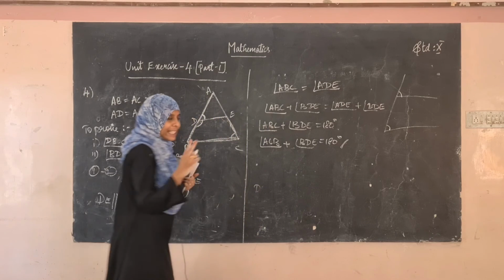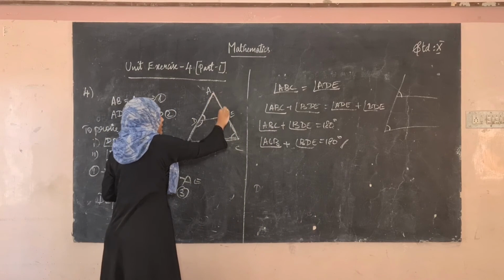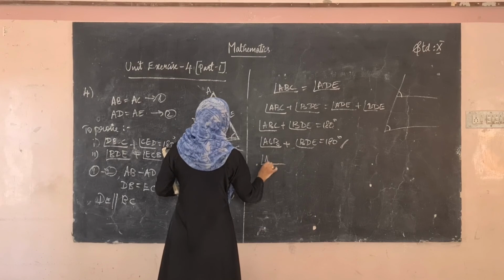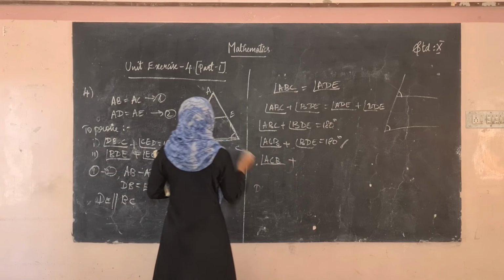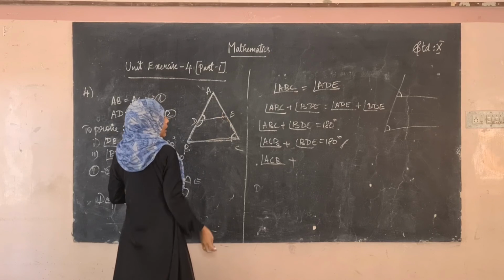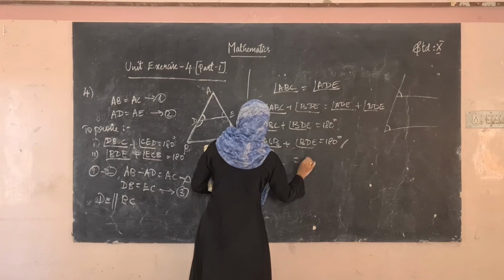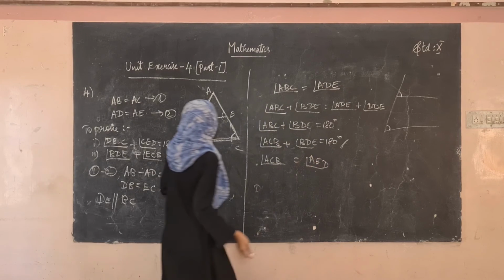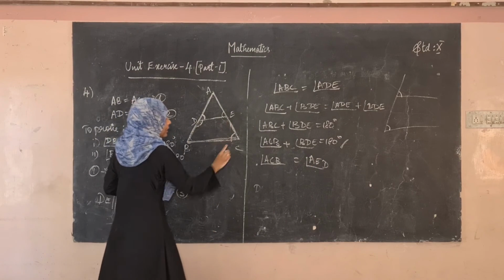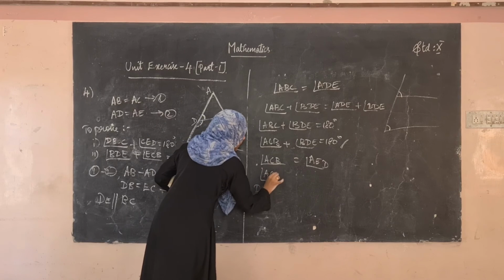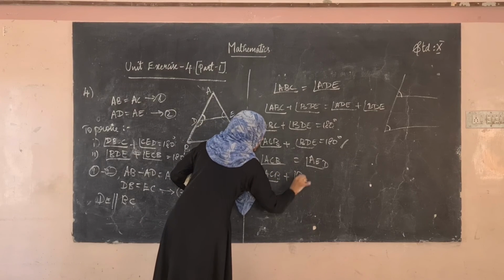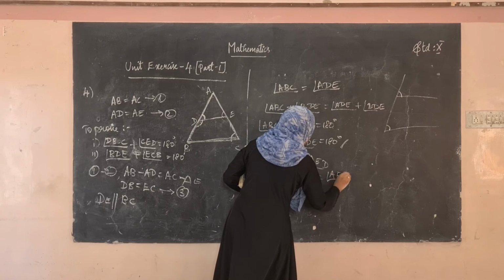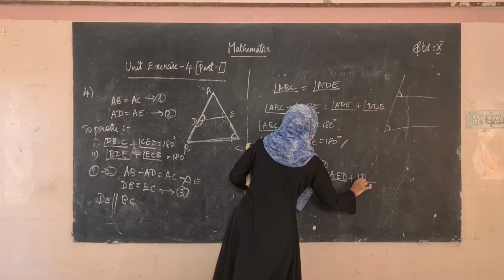Now, we have to prove the second condition. For this, just take this side. In this side, take angle ACB plus. We know that these two angles are corresponding angles, which is equal to angle AED. Now add the angle DEC on both sides. Angle ACB plus angle DEC is equal to angle AED plus angle DEC.